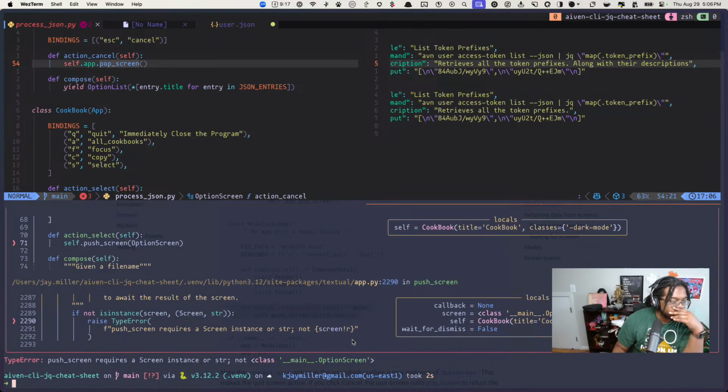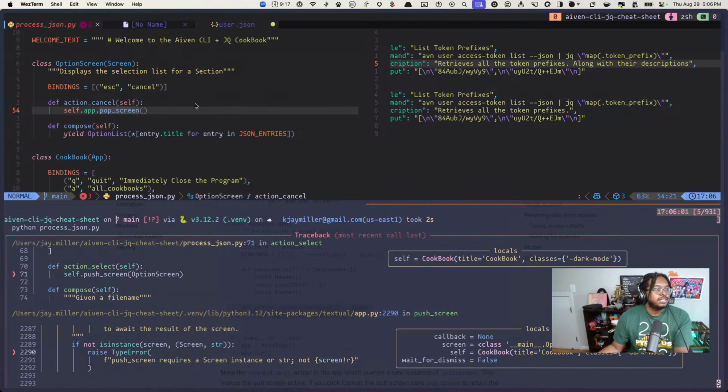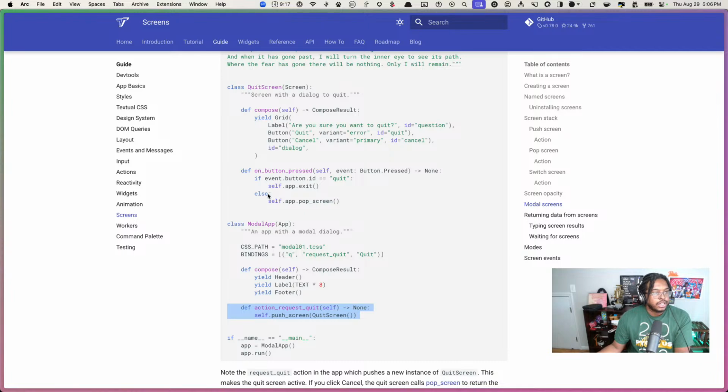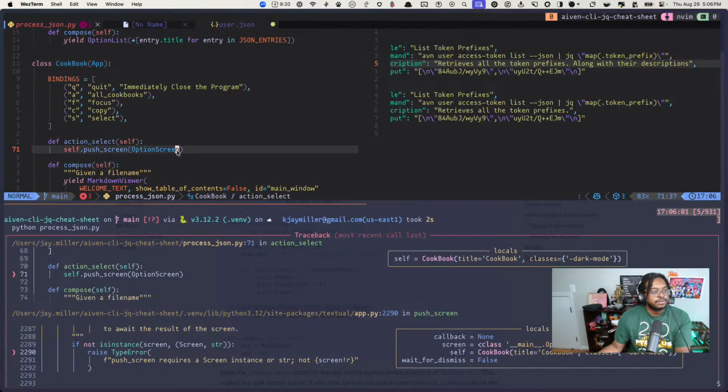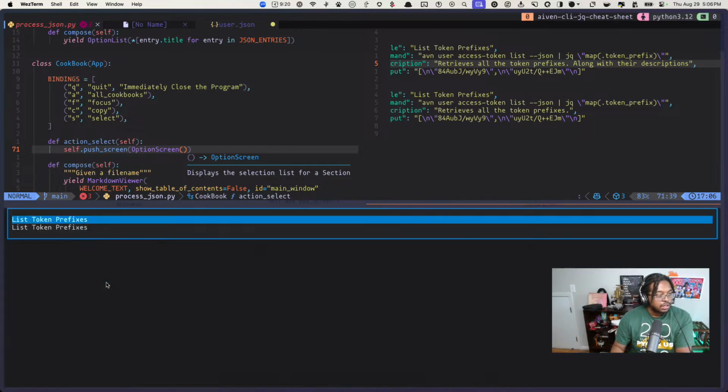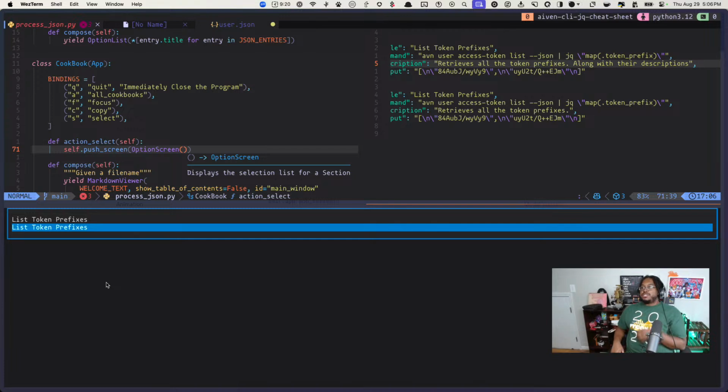We select, requires an instance of screen and not screen. Option screen, push screen, option screen. Do you gotta call the actual option screen? Yeah. Hey, cool. So then when you select it, you pop the screen and then you would go to that modal, which I think you could also do like a,